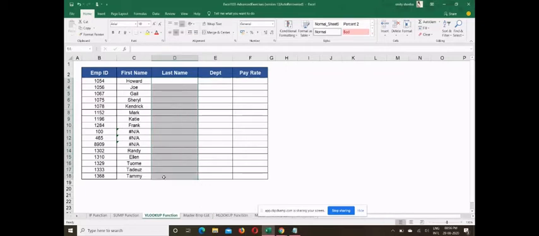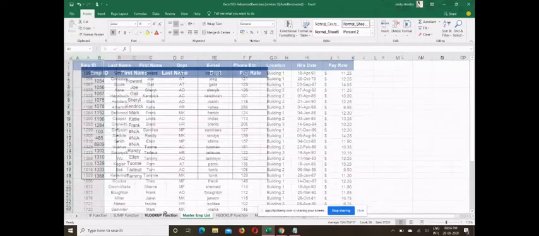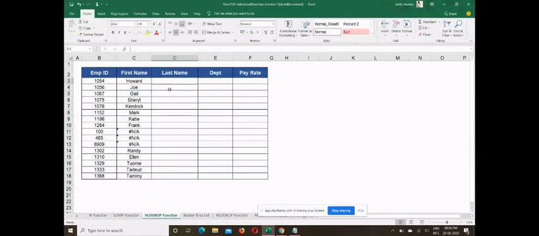So the first basic rule is that whatever is common between the sheets should be in the first column. Here, first we will take the last name: is equal to VLOOKUP.